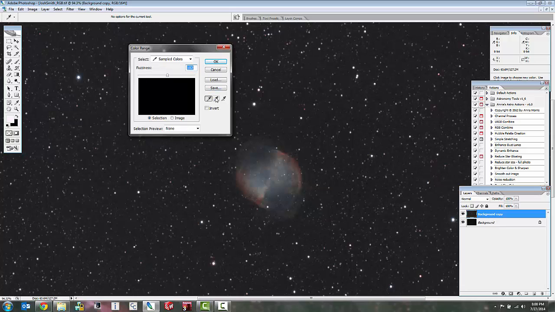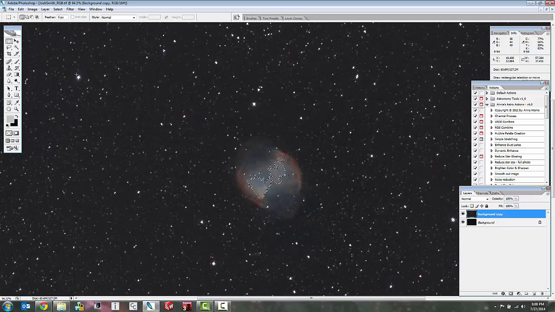I want to pick a few more stars than what it initially picked, so I'm going to go to a little smaller, less bright star, and I'm going to click on it with the plus button. And it's going to add a few more stars, and I actually want a few more than that, so I'm going to go to an even fainter star, and I'm going to click on that. So that looks about right. So I'm going to hit OK,